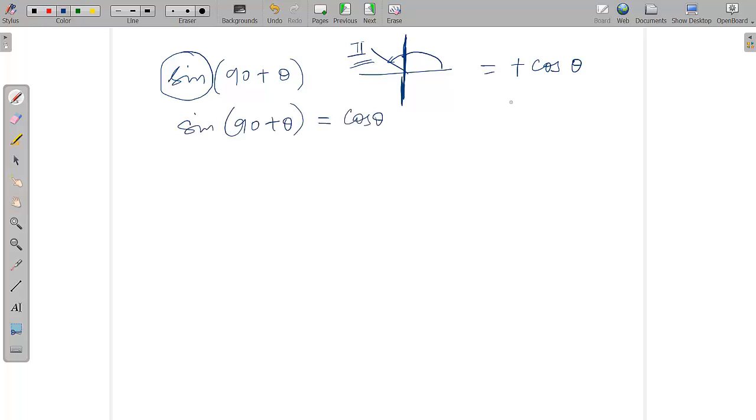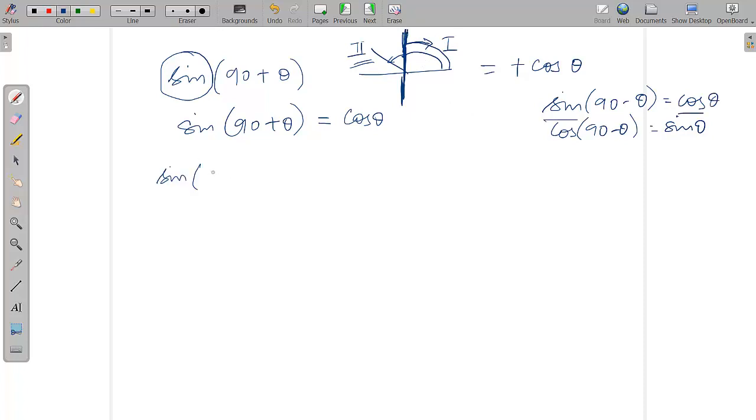Other things you already know, like sine of 90 minus theta is equal to cos theta, cos of 90 minus theta is equal to sine theta. These are in the first quadrant, where it is equal to itself. So sine of 90 minus theta comes back in the first quadrant itself. Here everything is positive. So since you are touching this line, you are going to change it. So sine becomes cos.